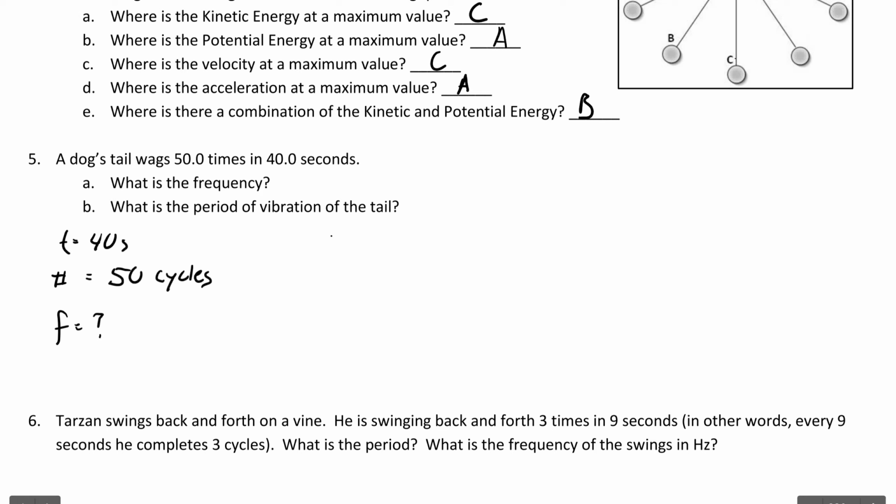So use that equation that we wrote in our reference table. The frequency is the number of cycles per second, per time. Or if you wanted to write an equation, you could do number over t. If that makes you feel happy, you could do that. 50 divided by 40, and you get